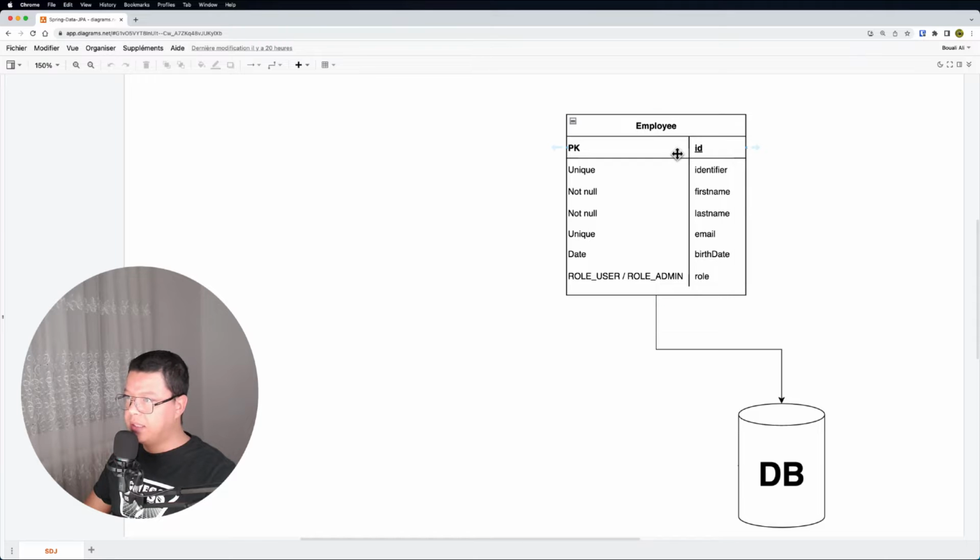This employee table is characterized with a primary key called ID, a unique identifier of this employee, a first name and last name which should not be null, an email which also should be unique, so we should not have 2 employees with the same email, and here we have also a birth date of type date.